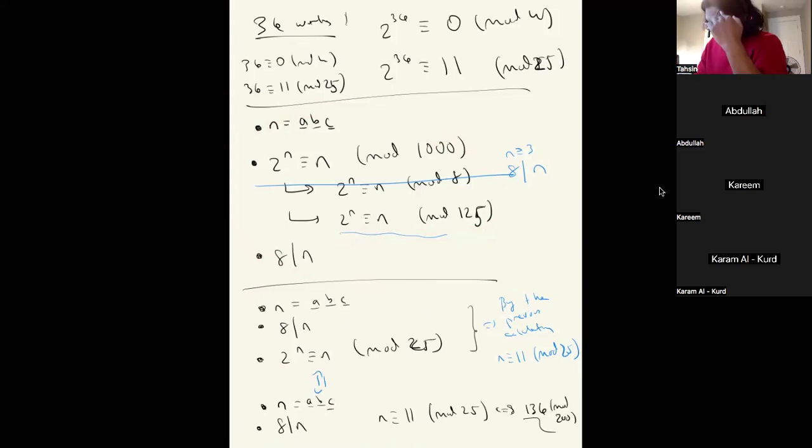The point is, what is phi of 125? This will be 4 times 5 squared, which is 100. So what I'm saying is these two will actually determine 2 to the n mod 125, so it'll determine n mod 125, right? So what I'm saying is just like before,